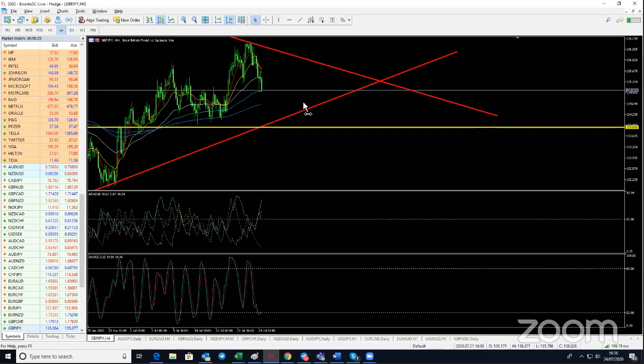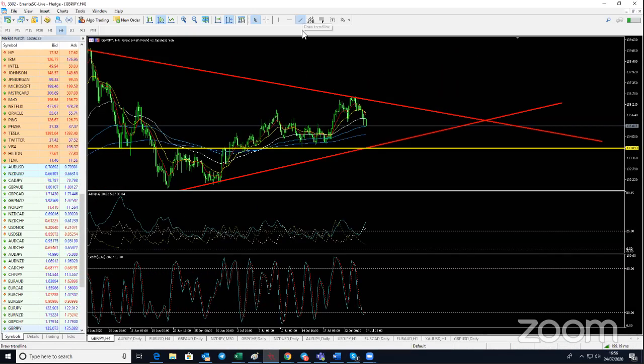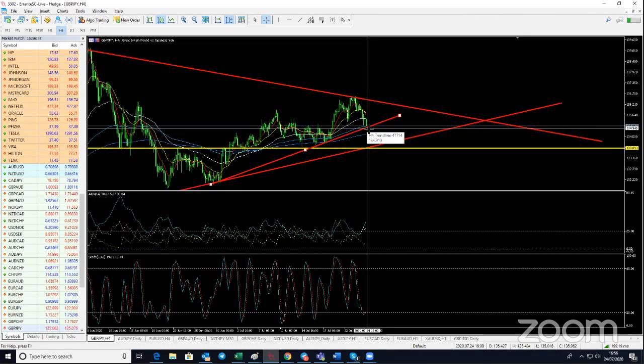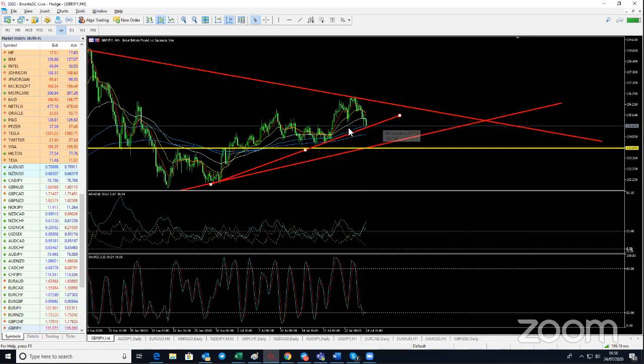some areas there. Of course, if it does break this trend line on the 4 hour chart, go back up again, and come back down, then you can see this area here. If it follows down here, that is about 100 pips down. See that red line slope and that red line slope, that's about 100 pips, the same as the candle that we have seen just now, the bearish single mother candle as well.